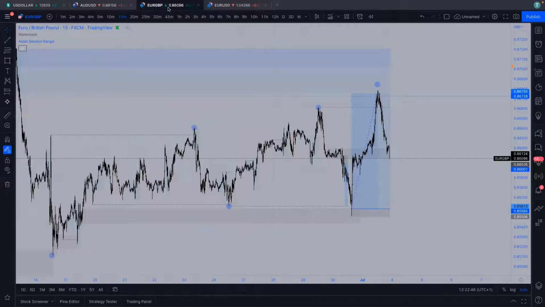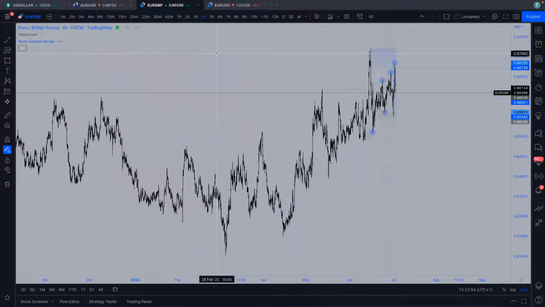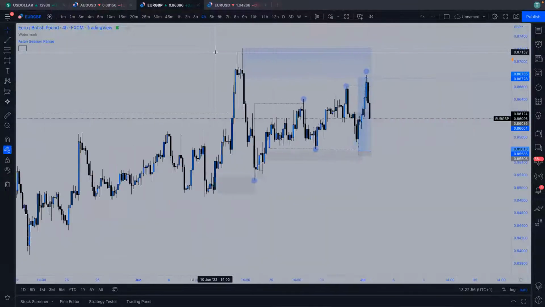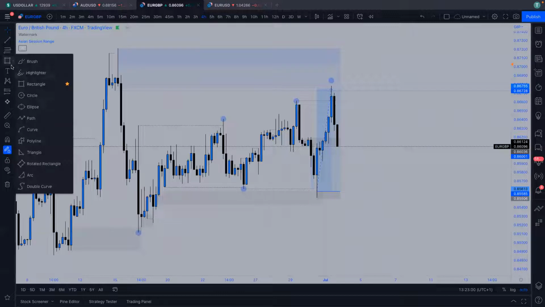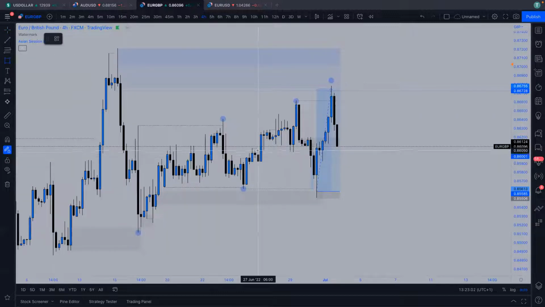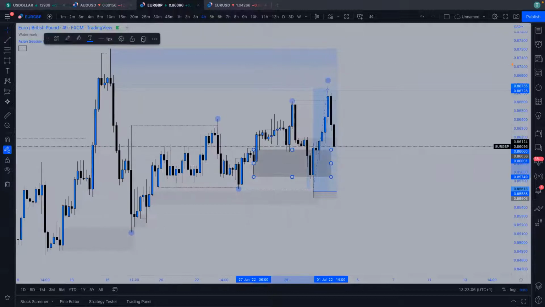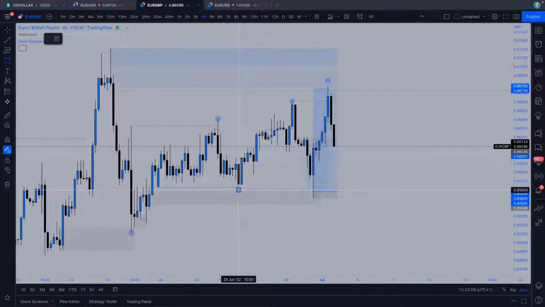So Euro pound. Euro pound was actually a really, really nice trading opportunity. I did put in the group that I was expecting anywhere, either within here or our overall demand, which was here, because we're looking at structure.